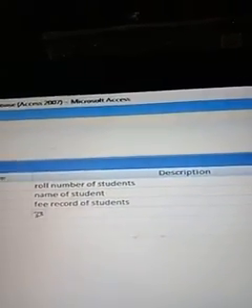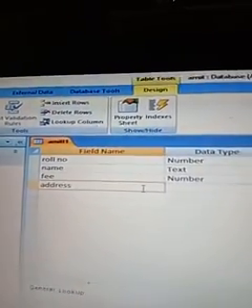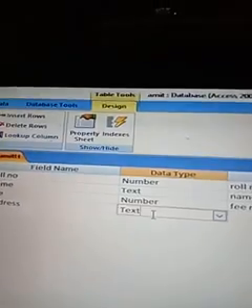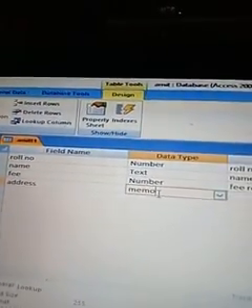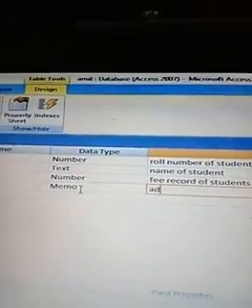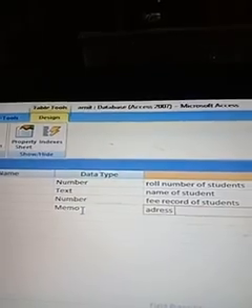And the next field will be Address, which will be Memo, with description address of student.